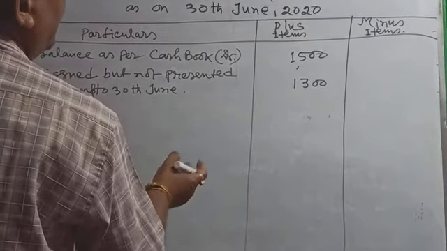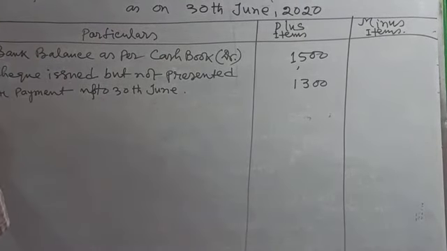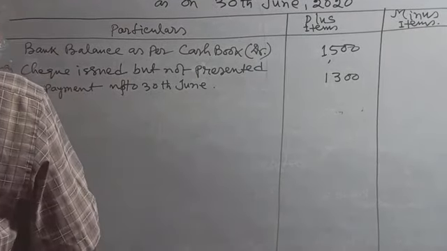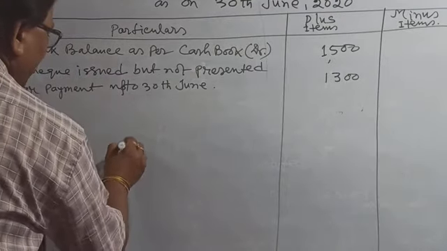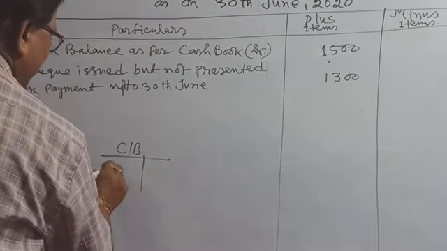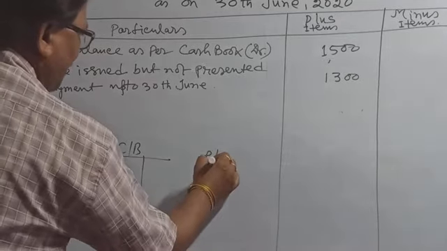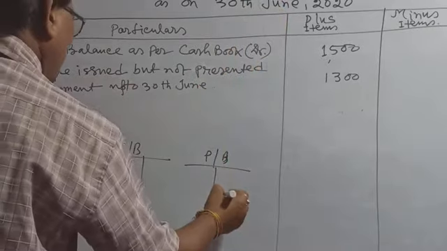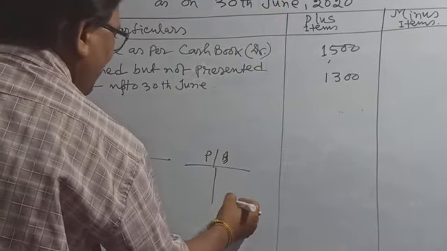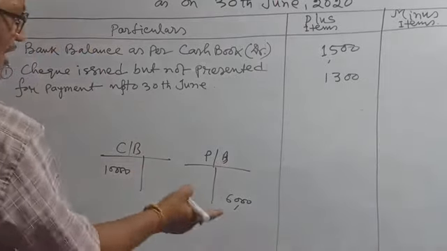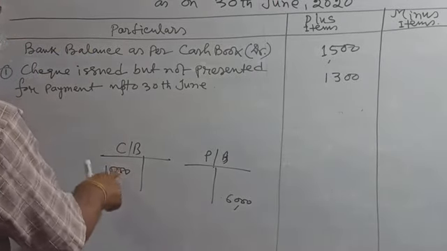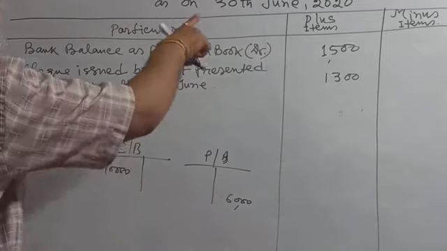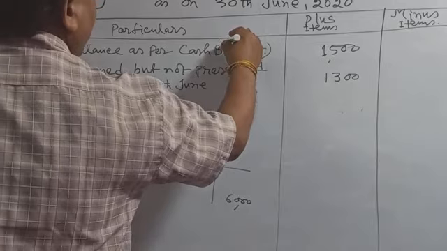credited in July. What are the causes? Check deposited, that means cash book recorded on the debit side 10,000, but the passbook has not recorded the full amount on the credit side. After 30th June 4,000, that is, only 6,000 credited. Now what are the causes of difference? Who is greater? Cash book is more by 4,000, then cash book in this case is less, because you prepare starting from the cash